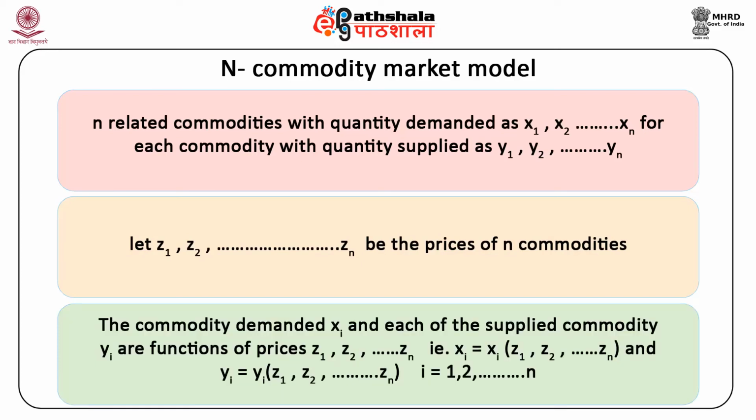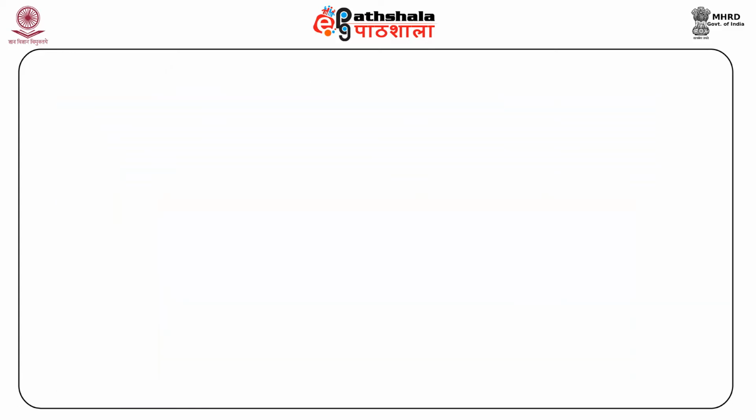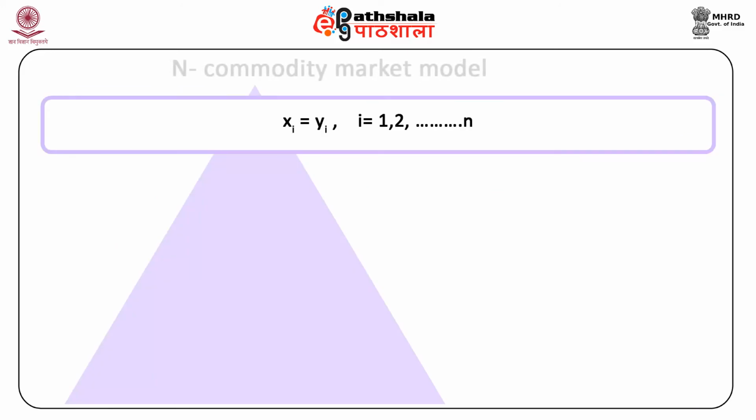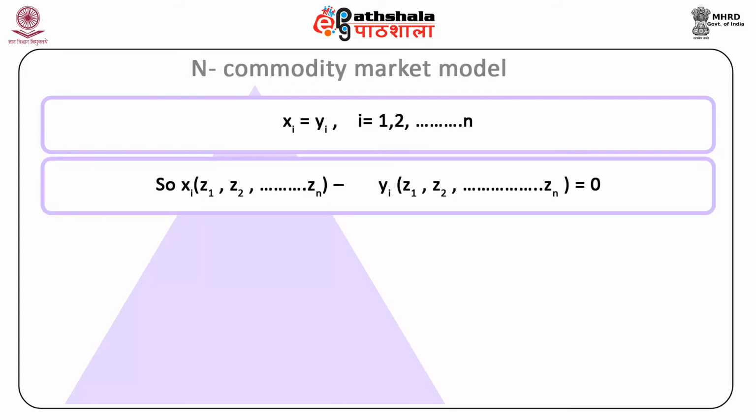Now, as each of the commodity demanded Xi and each of the supplied commodity Yi are functions of prices Z1, Z2 to Zn, that is Xi is equal to Xi(Z1, Z2 to Zn), and Yi is equal to Yi(Z1, Z2 to Zn), where i is equal to 1, 2 to n. Again, for market equilibrium, Xi is equal to Yi, i is equal to 1, 2 to n. So Xi(Z1, Z2 to Zn) minus Yi(Z1, Z2 to Zn) equal to 0. Now the difference of the corresponding equations would clearly be again a function of prices Z1, Z2 to Zn,